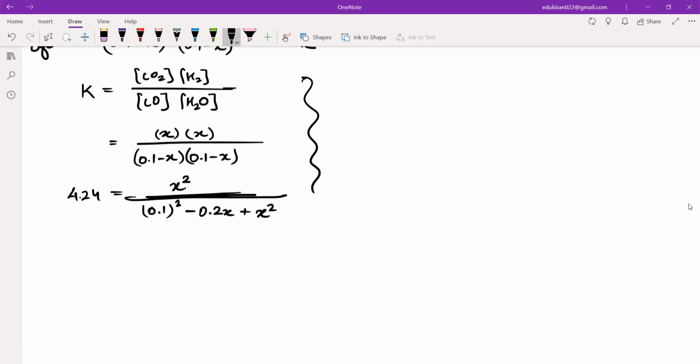Okay. So you will get a quadratic equation, in which you will apply the quadratic formula where x is equal to minus b plus minus under root of b square minus 4ac divided by 2a. You remember this? Yes, sir. So you will get a quadratic equation, then you will have to solve it, and the correct answer is